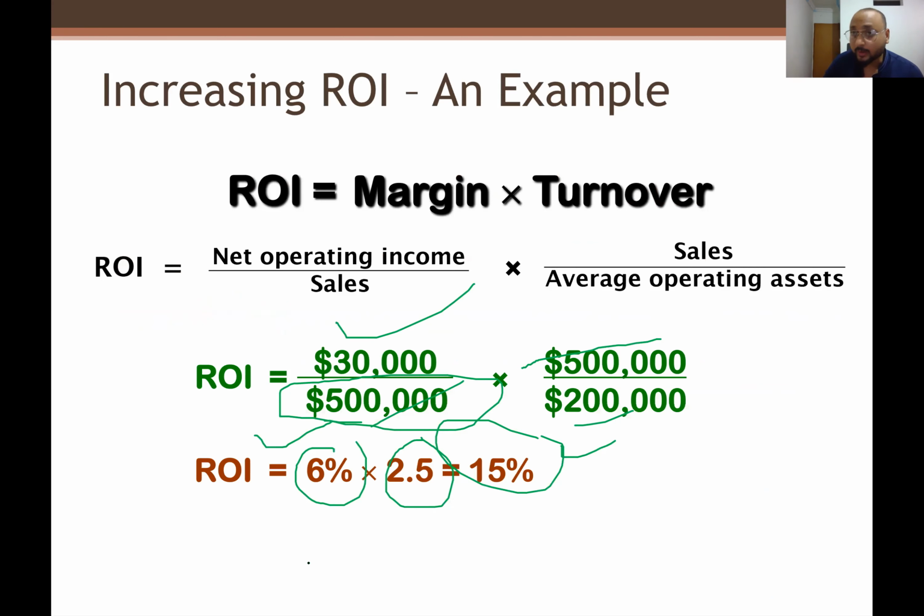And how much are you utilizing your assets to generate sales? You are selling 2.5 times your operating assets. So this chair, this table, this laptop, the fan, the AC, the building, everything we are using, the sales are 2.5 times our productive operating assets, right? So this is how we can find out the efficiency of our